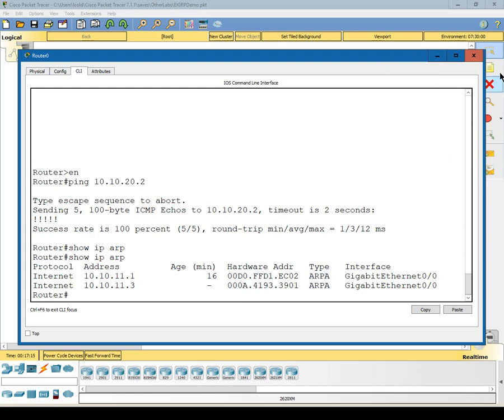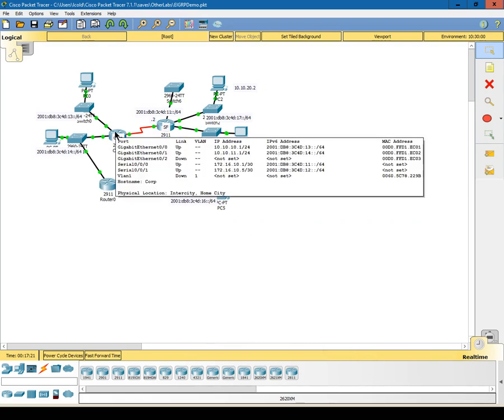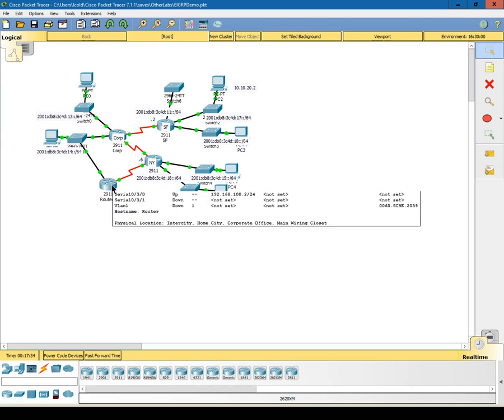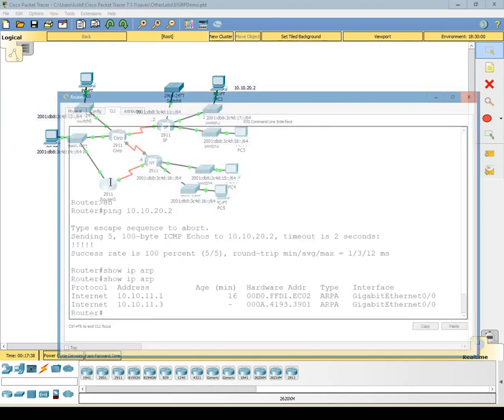If we look at that, 10.10.11.1 is this interface right here. I just did this. If I hover over these in the simulator, it'll tell me what the addressing is on them. If I then want to look at the next one, and I'm going to go ahead and do it,